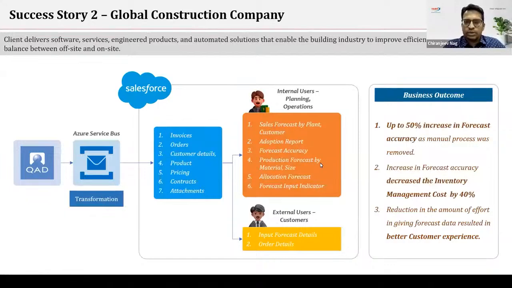Using these reports, the production team, the planning team, and the operations team were able to define what level of manufacturing has to happen over the next 12 months. They had defined their forecasting period for a duration of 12 months. This helped them manufacture the right level of products at a given point of time for that particular month, and it also helped them decrease their inventory management cost.